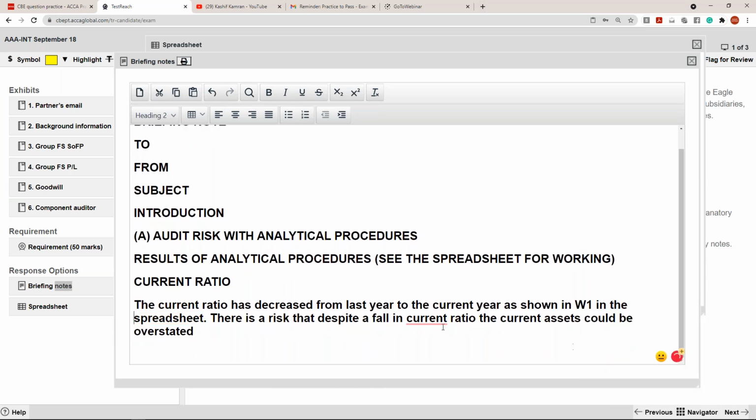Do you believe this is a generic risk? This is an inherent risk that the current assets could be overstated to make a better current ratio. Even though the current ratio is falling, can the management fabricate the current ratio? So is that an underlying risk which we can identify from the current ratio? There is a risk that despite a fall in the current ratio, the current assets could be overstated, as the current assets have already increased over the last year,